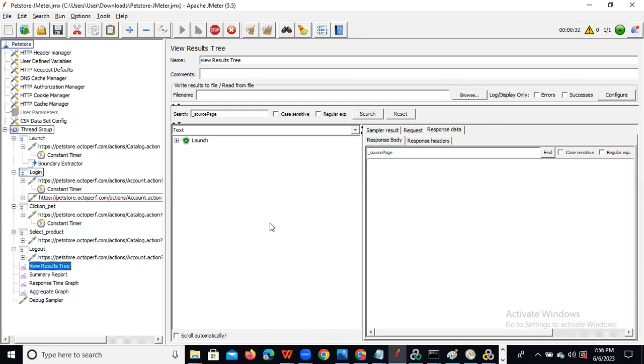Now it is executing. So login is happening.